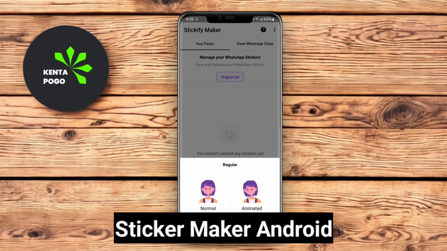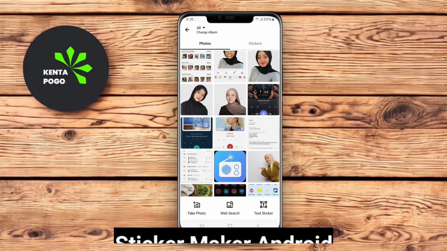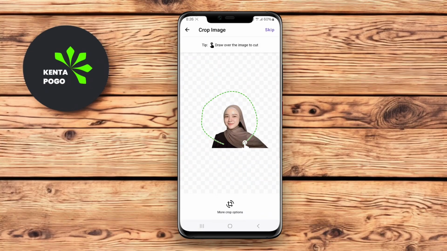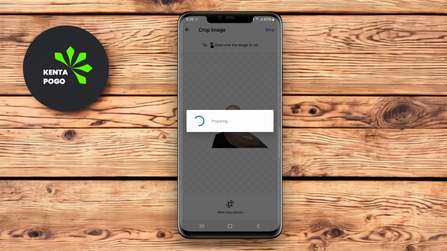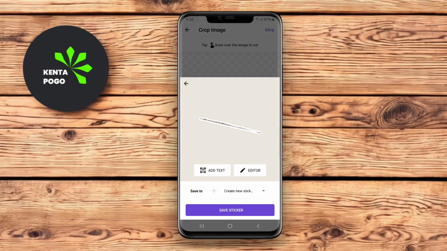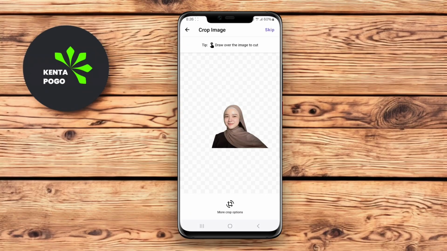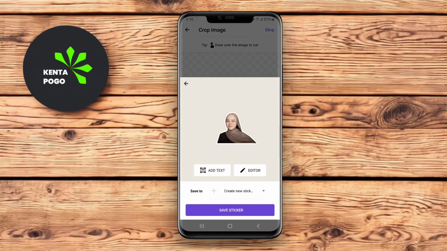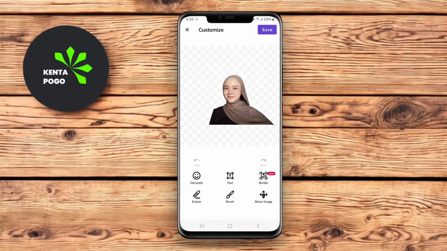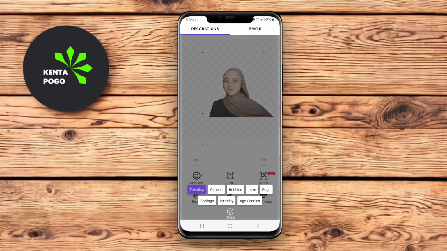Sticker Maker Android. Sticker Maker Android is a straightforward app that enables users to create their own sticker packs for various messaging platforms. The app provides tools for cutting images and adding text, allowing you to customize your stickers to match your style. With an easy-to-navigate interface, Sticker Maker Android makes it simple for beginners and experienced users alike to